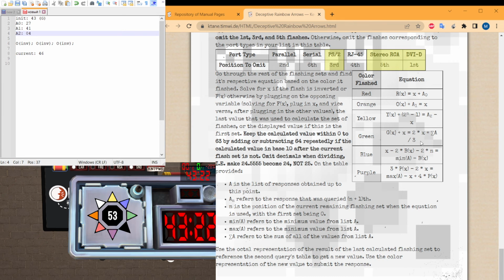These functions can be simplified. So for example, here we can just subtract x from both sides. Here we can subtract 3 purples of x from both sides and add x to both sides. This is what I always do, and I have no idea why the manual is like that. It should have been simplified in the first place. But since our current value is 46,